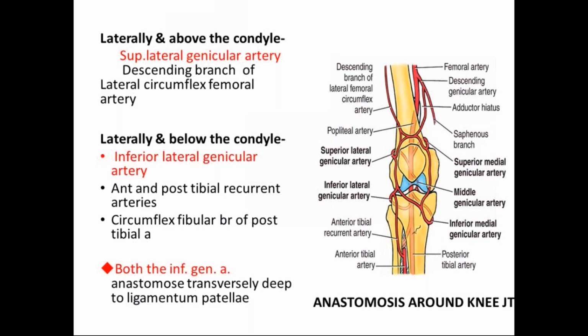The medial and the lateral arteries form the longitudinal anastomosis on each side of the patella. The longitudinal anastomoses are interconnected to form the transverse anastomosis just above and below the patella and also above the tibial tuberosity. The anastomosis supplies the bone taking part in formation of knee joint, and it is also supplying the capsule and synovial membrane of the knee joint.